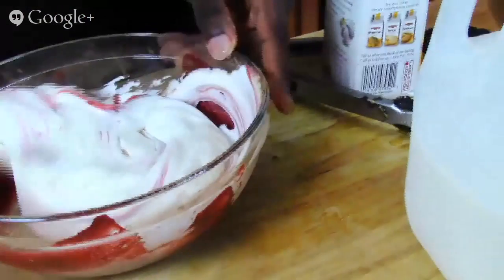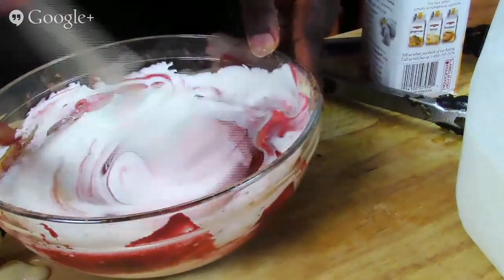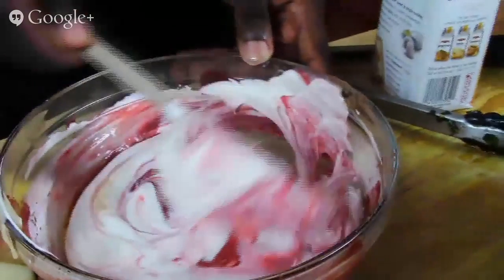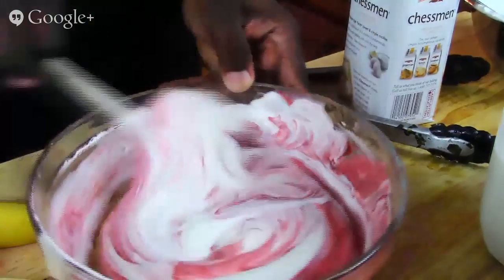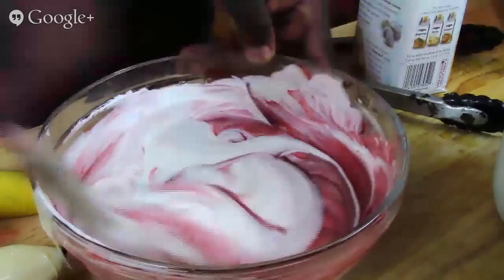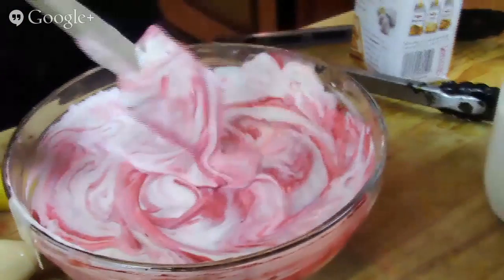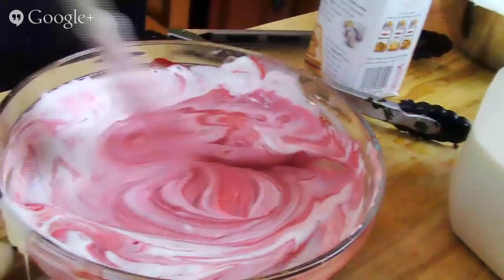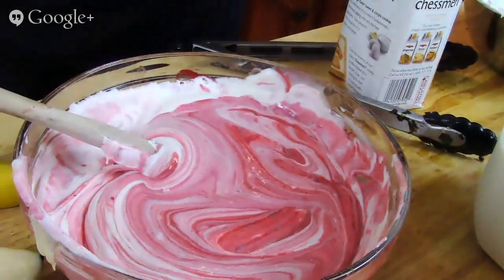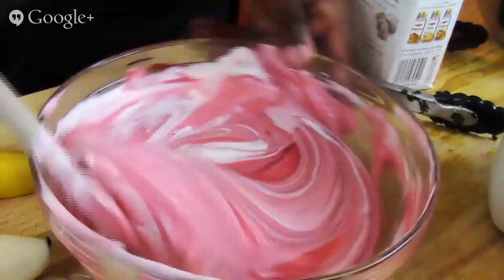So you just want to stir. Stir. Oh, yeah. Fold and stir. Fold and stir. And I'm using a rubber spatula to make everything happen. Just like that. Now to assemble this, I'm going to keep stirring, but I've got bananas